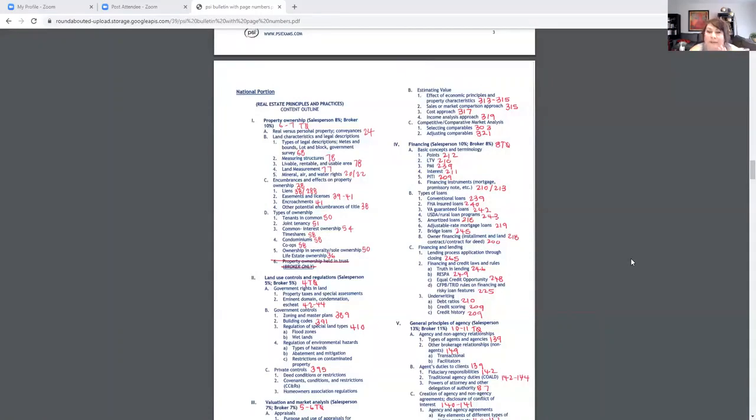Now we've got 3 different types of establishing market value for an appraiser. One is sales comparison. The second one is cost approach. The third one is income analysis approach, or income approach. First of all, just in general, of these 3, I would have a good working knowledge of when you'd want to use which one. Which one's going to have the most weight on determining the best market value price when you reconcile an appraiser's